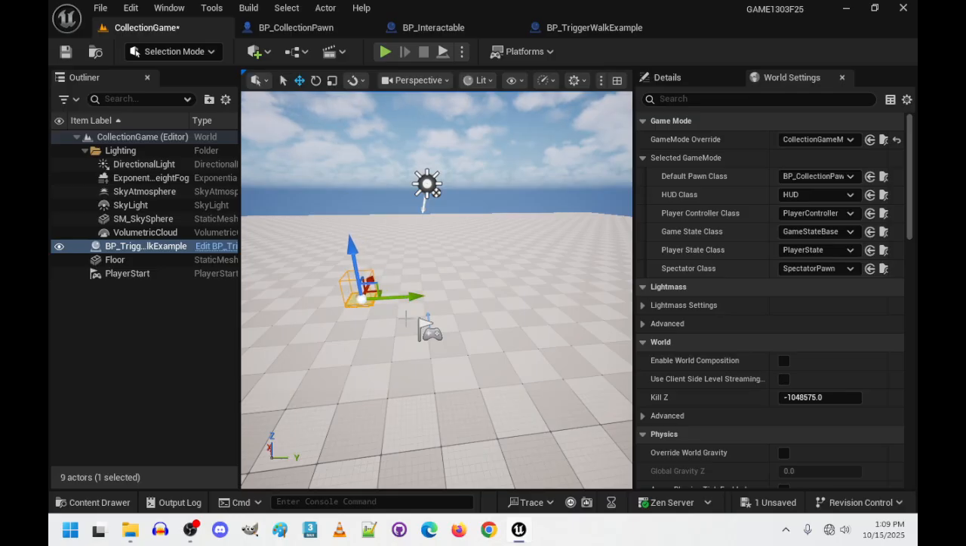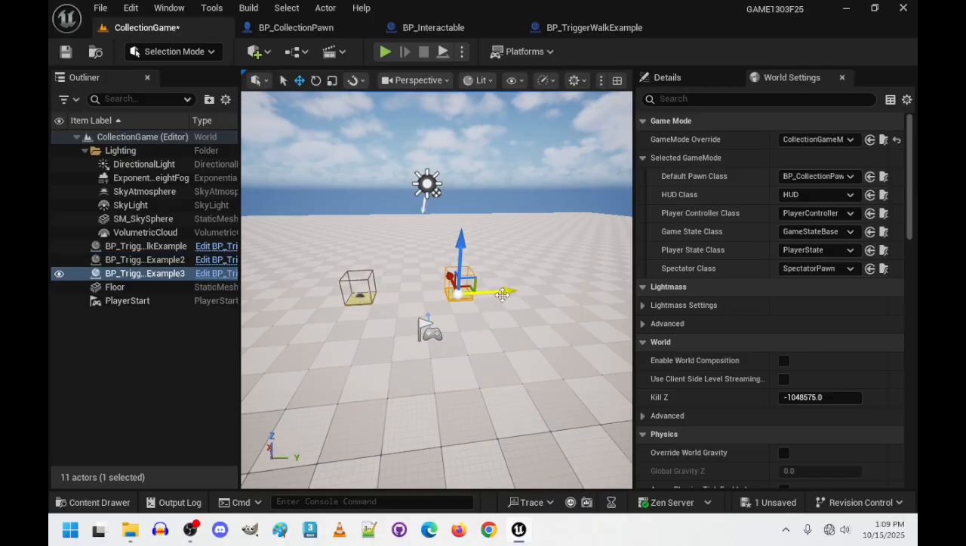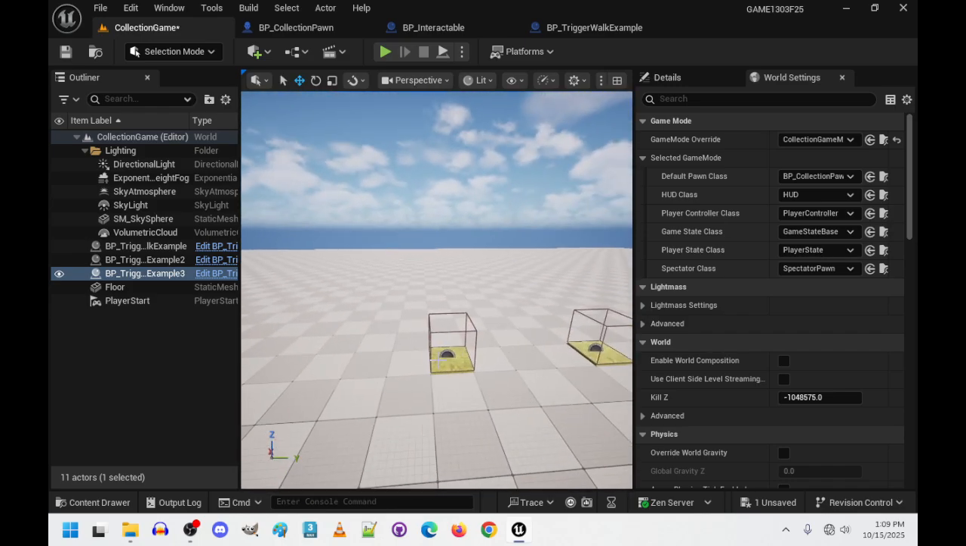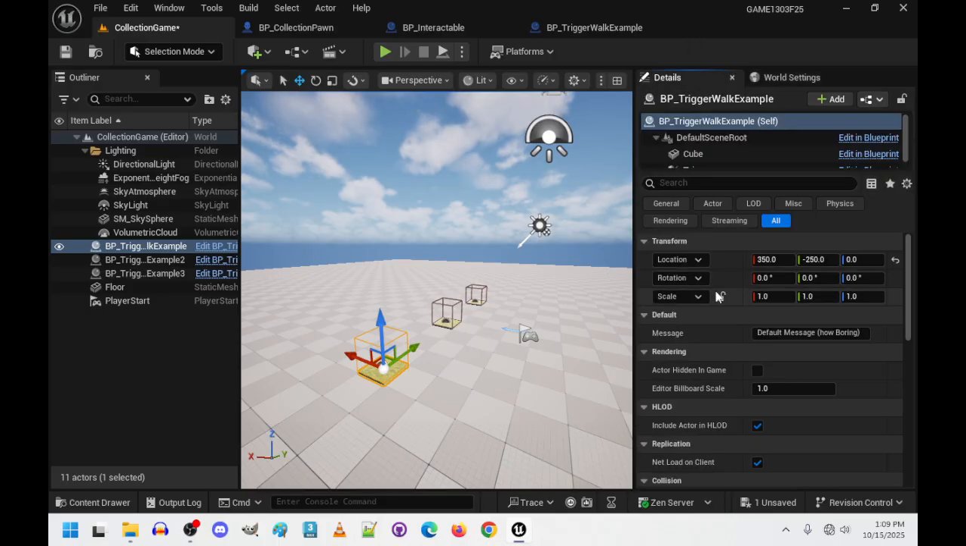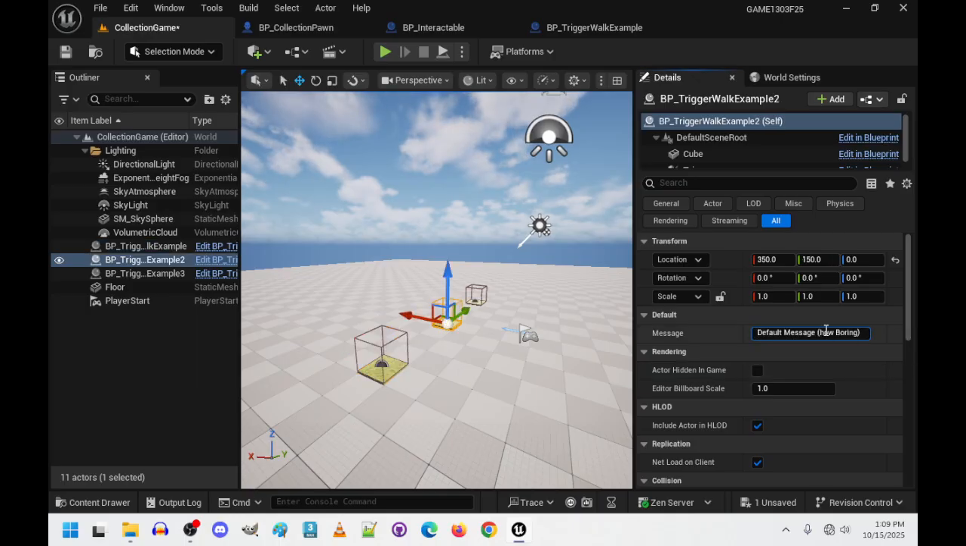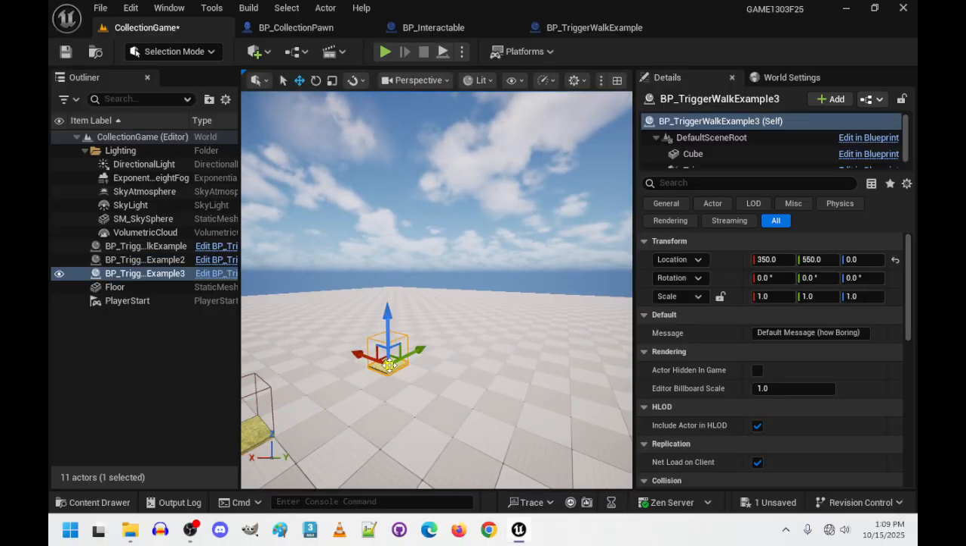And there we go. Paste. So we'll leave this one as my details. So here's the message. We'll leave this one as the default one. This will be say hello Unreal, and then